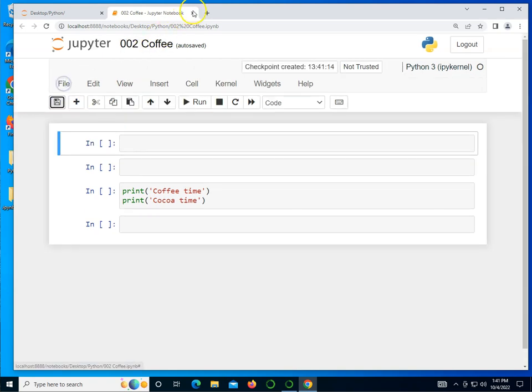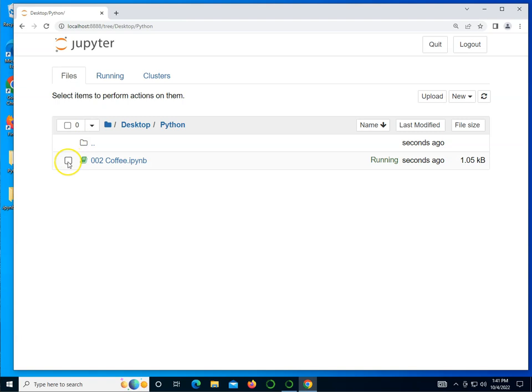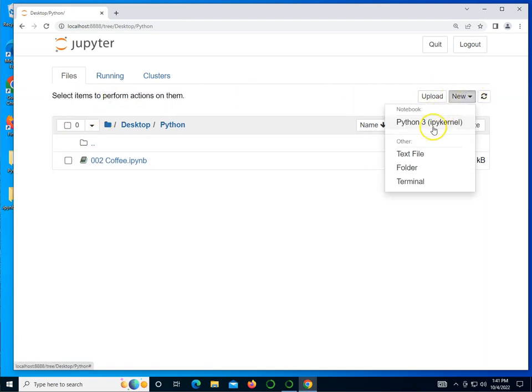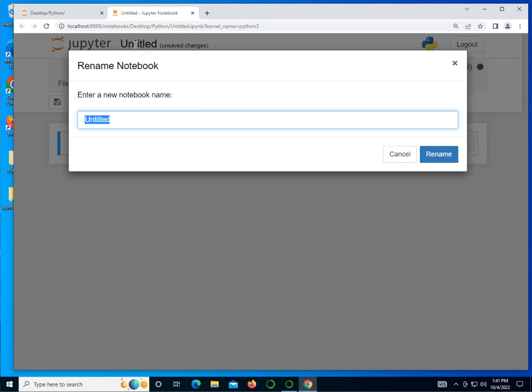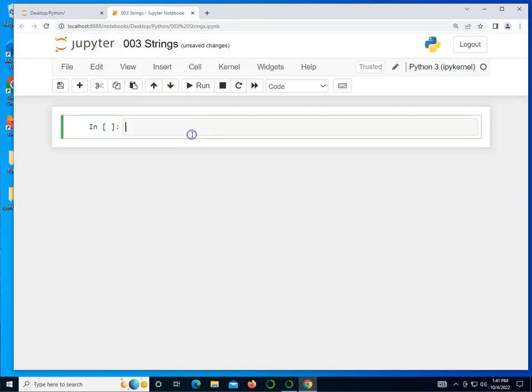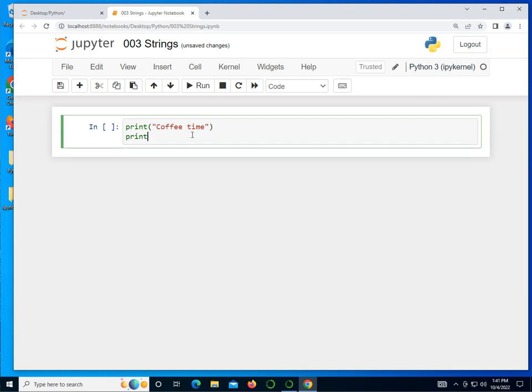So I'm going to save this, close this, select it, shut it down, and create a brand new Python 3 notebook. And let's go ahead and call this one 003 strings. So we've already worked with strings. I can say print "coffee time". And notice I'm using double quotes here because Python doesn't care. And I can say print 'tea time'